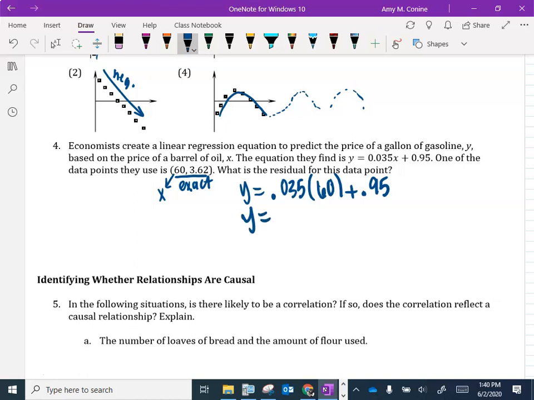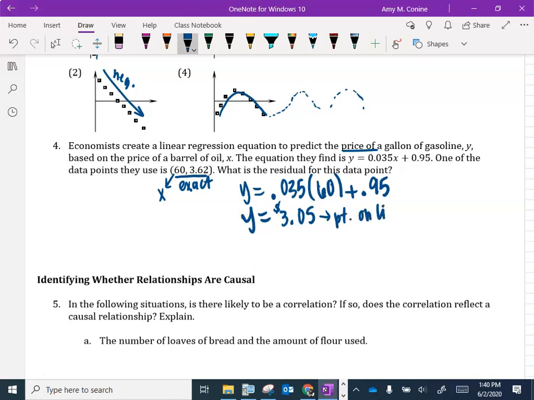So when we do that math and we add it all together, we should get 3.05. So remember, y here is the price of a gallon of gas. So we're going to put the dollar sign here. So this is the point